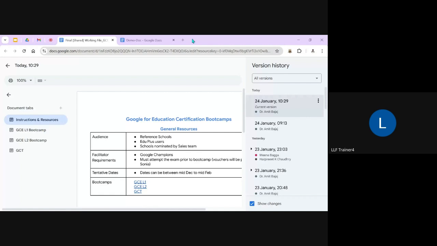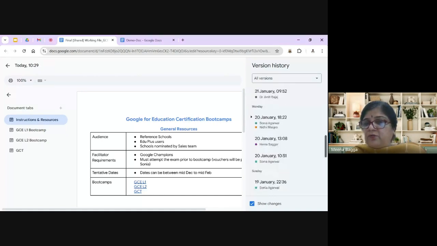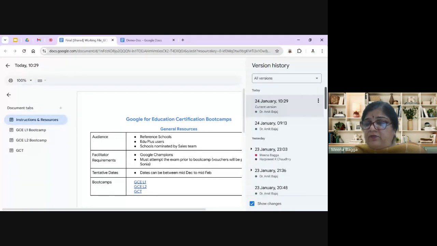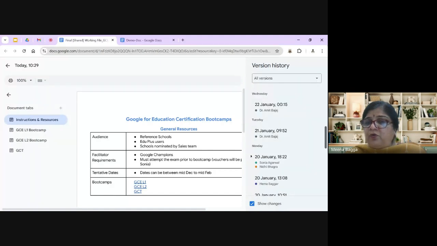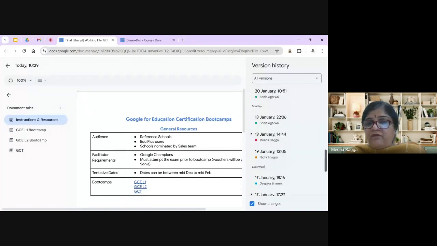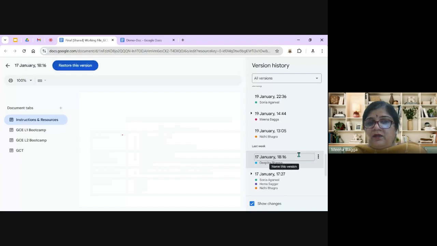Yes, ma'am, it's visible on the right side. You can see all these people are working on this document for so long. And this is showing me all versions. But if any time I want to bring this document back to any version, I click on that and